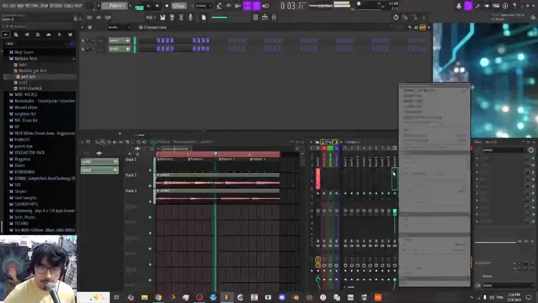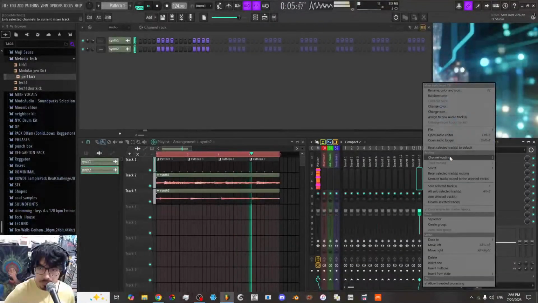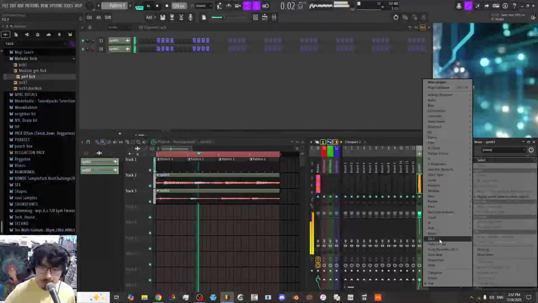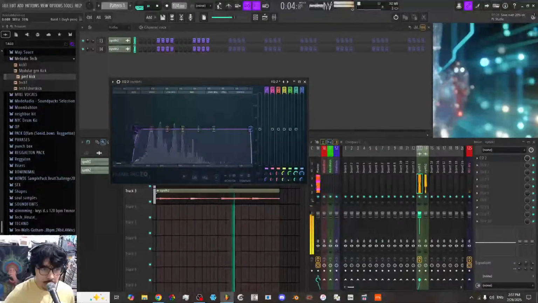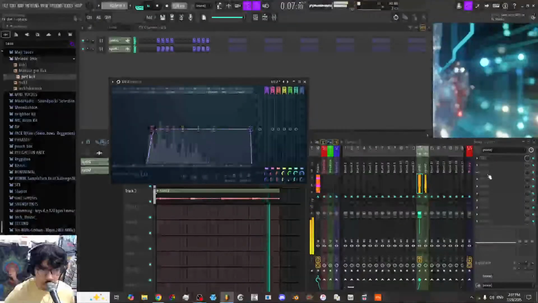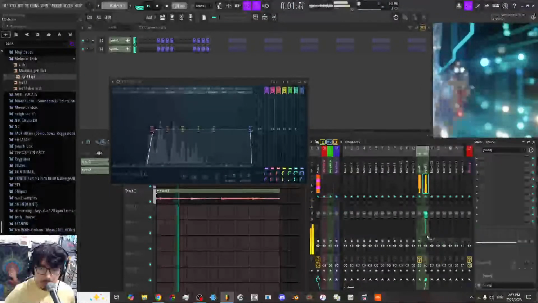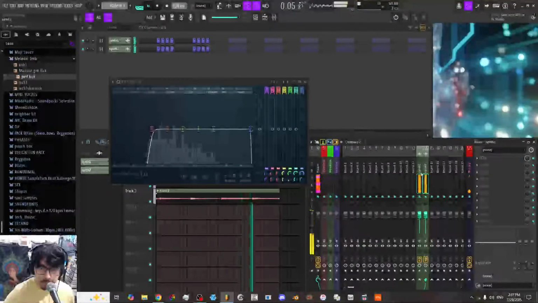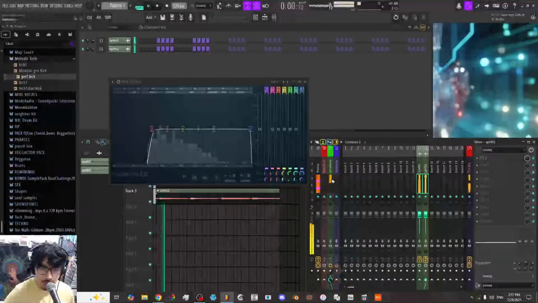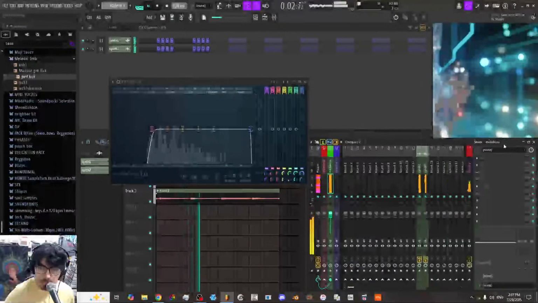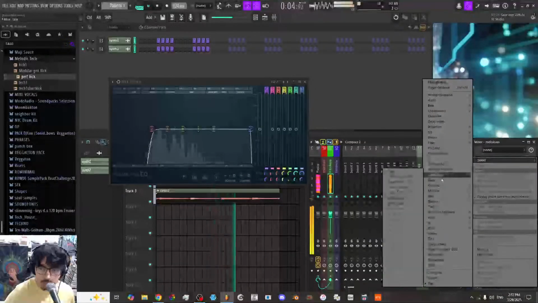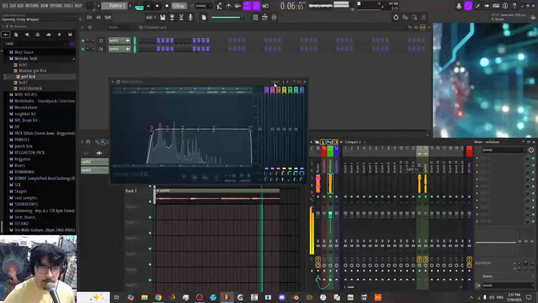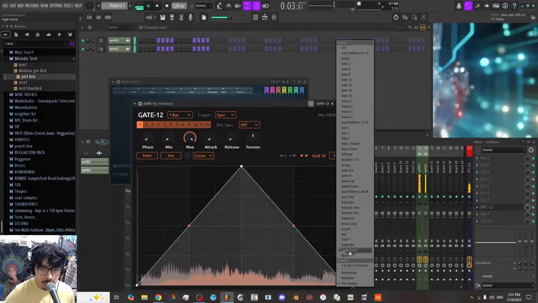Take these, put them into the mixer, and do a little bit of EQing here, route these into the bus and then do some sidechain using this gate plugin.